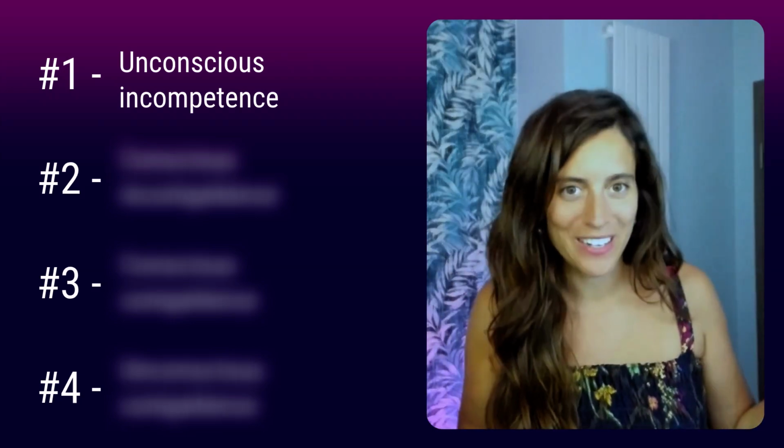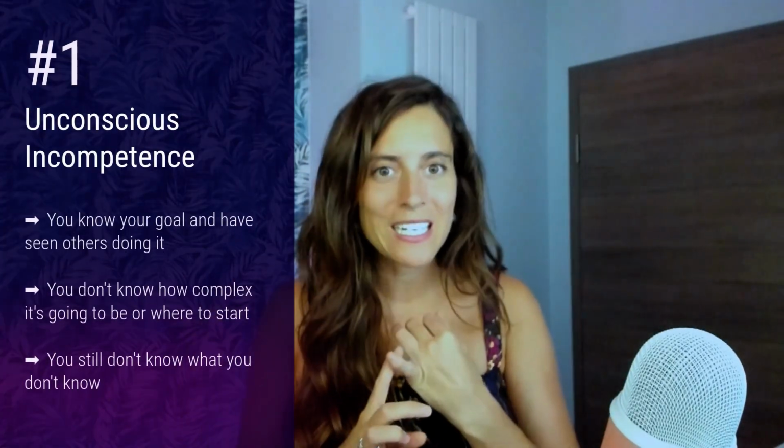So this model claims that there are 4 distinct stages when we are trying to learn any skill, including a language. The first of these stages would be what we know as unconscious incompetence. And this is the very beginning, when you don't even know what you are embarking on, right? So you've decided you want to learn French, but you just know some French songs, maybe you have heard about some French authors, but you don't know how complex the language is, you don't know if it has cases or not cases, if it has regular verbs or irregular verbs.